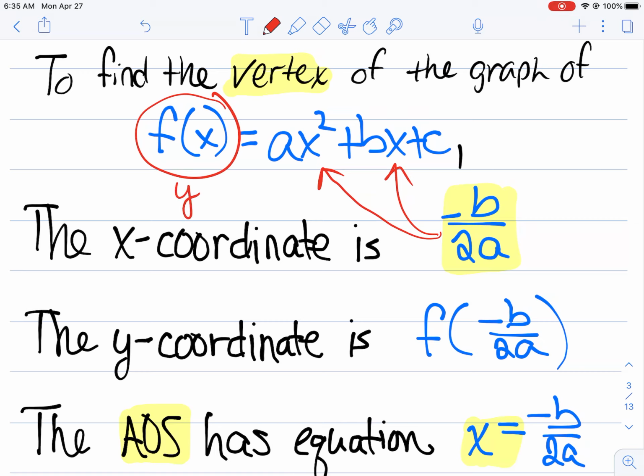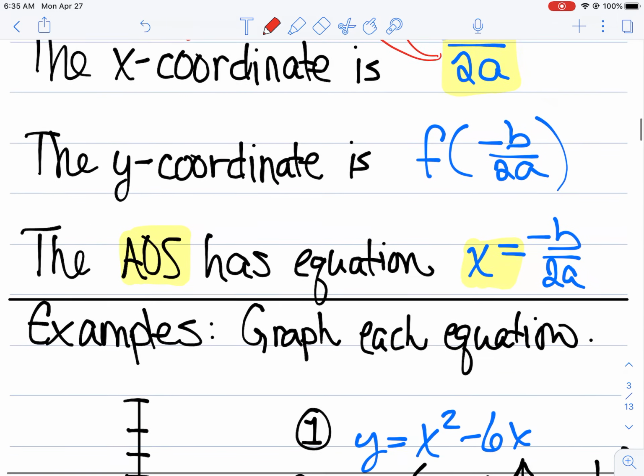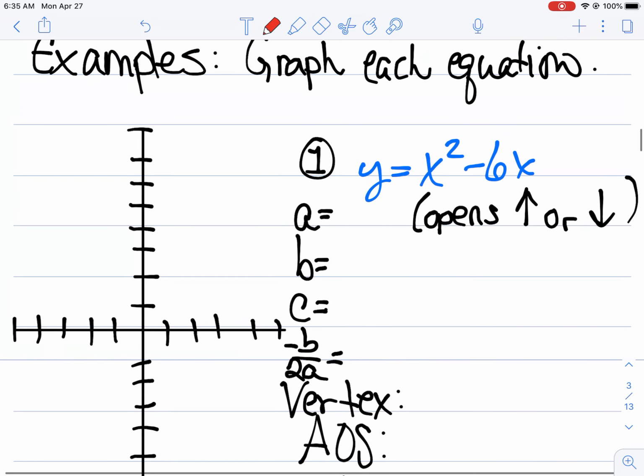All right, so I'm going to show you how all this works in just a couple of seconds, because we're actually going to do one of these. I'm going to show you this technique, and then I'm going to go through it real fast because I have it written out, and then we'll do a couple more examples, and the story problem, we'll call this one done, okay? So, going to our first example here, we're going to graph the equation y equals x squared